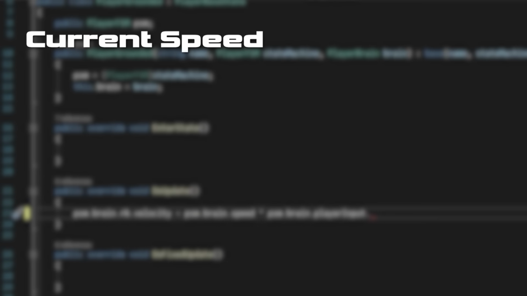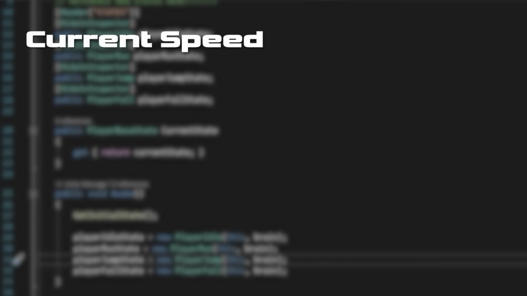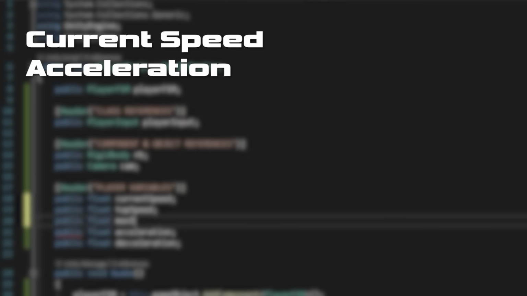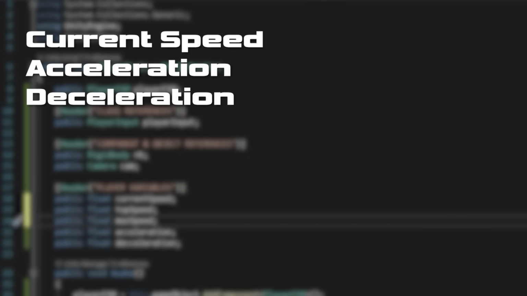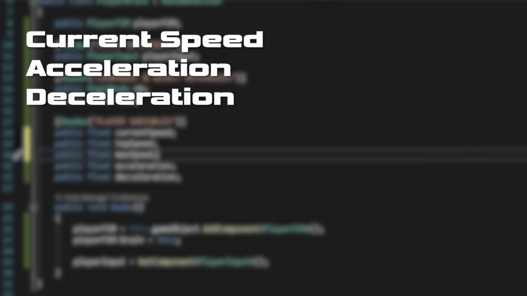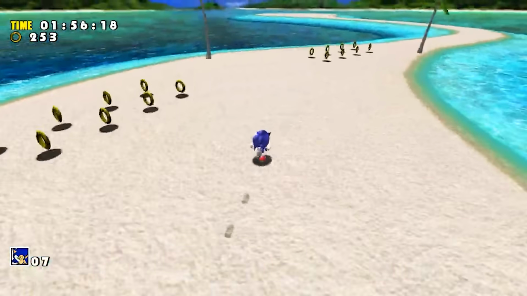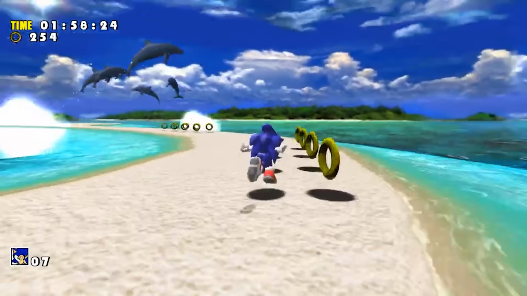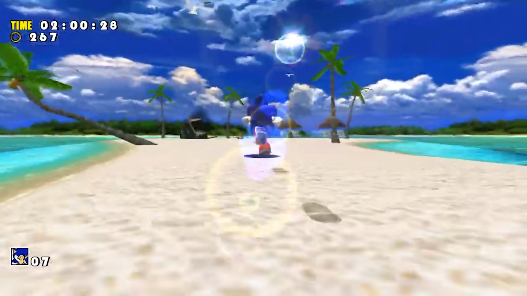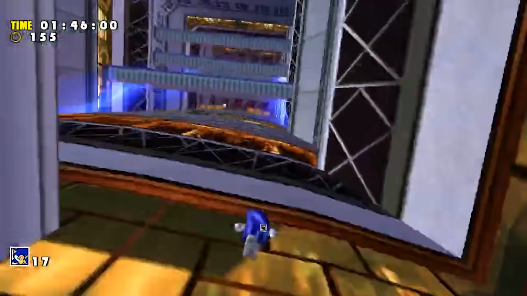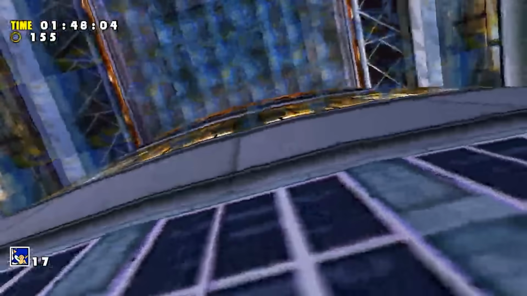Current speed, which keeps track of how fast Sonic is going, an acceleration rate, which is the rate that Sonic speeds up, and a deceleration rate, which is the rate that Sonic slows down. Another thing we can notice is that Sonic's speed seems to reach a certain peak speed when running on flat ground. This is different from Sonic's max speed, as Sonic should be able to surpass top speed as he goes